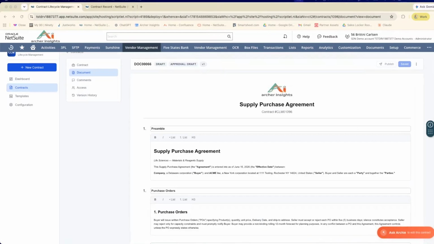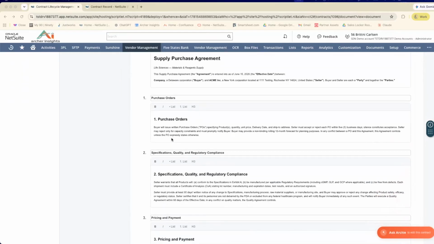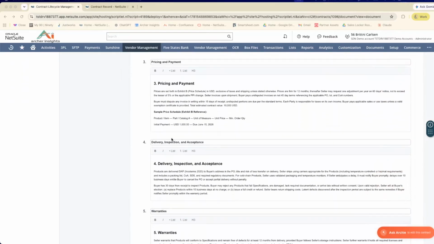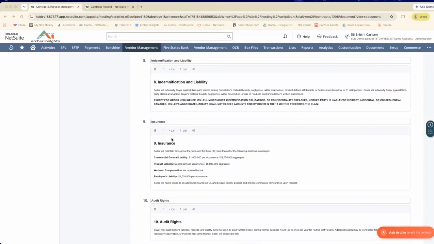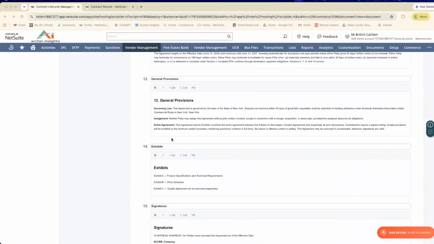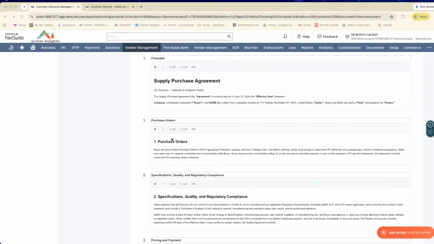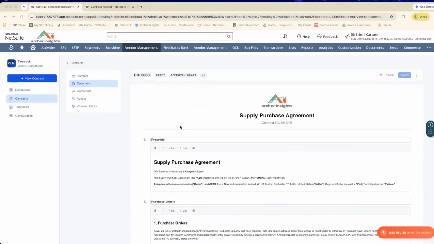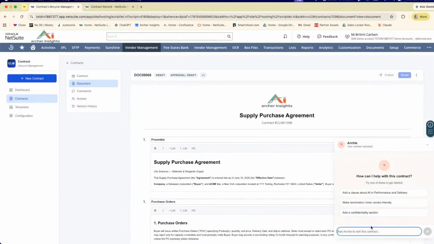After the document has generated, you will be able to see it has replicated all of the sections that we had in our template. And we are able to review all of the sections here and make any updates as needed. For any updates that are needed, you can also utilize Ask Archie. This is our AI companion tool that you can use AI to help you in updating the document for you. So I'm going to ask Archie to